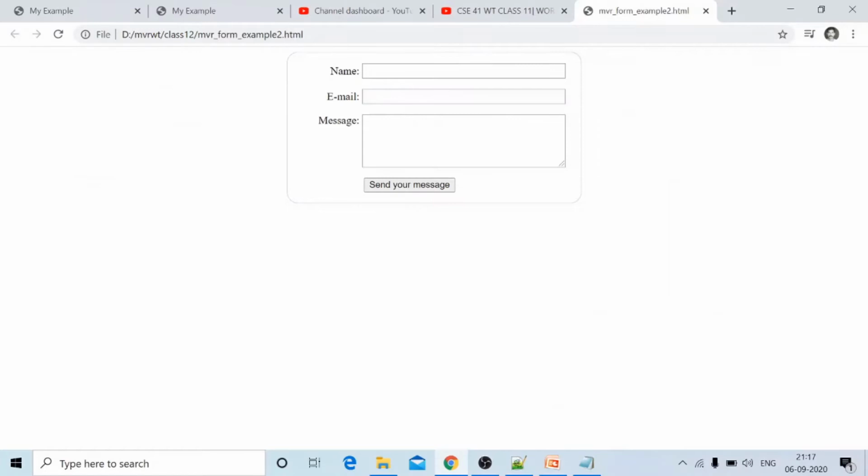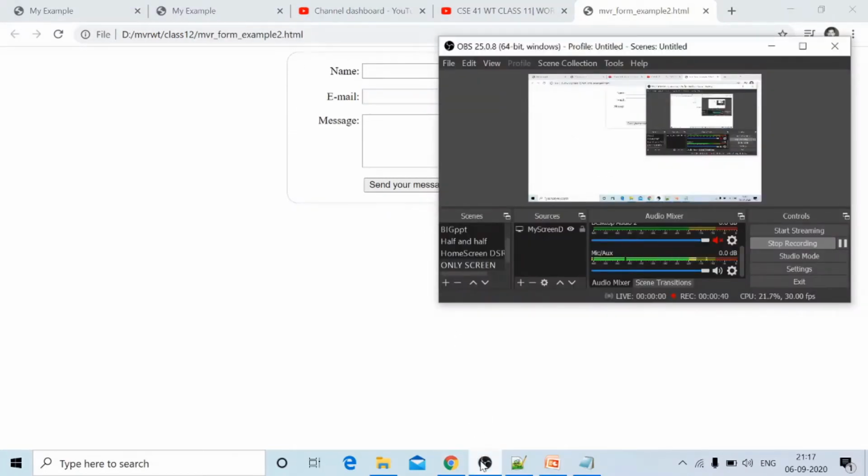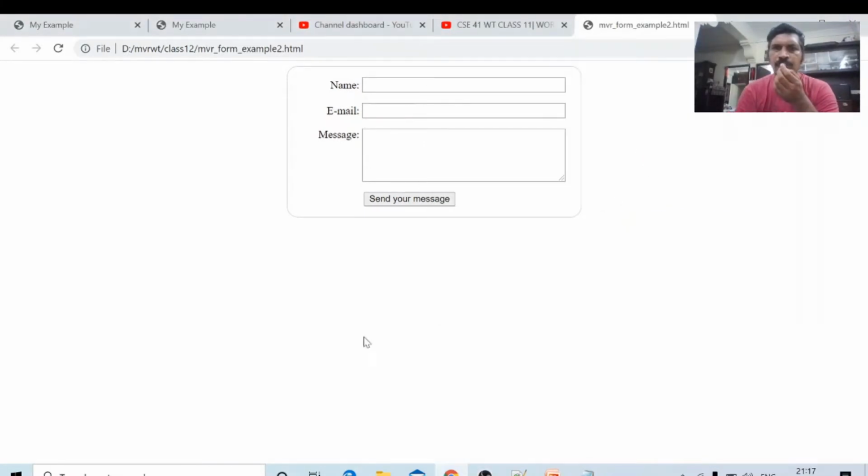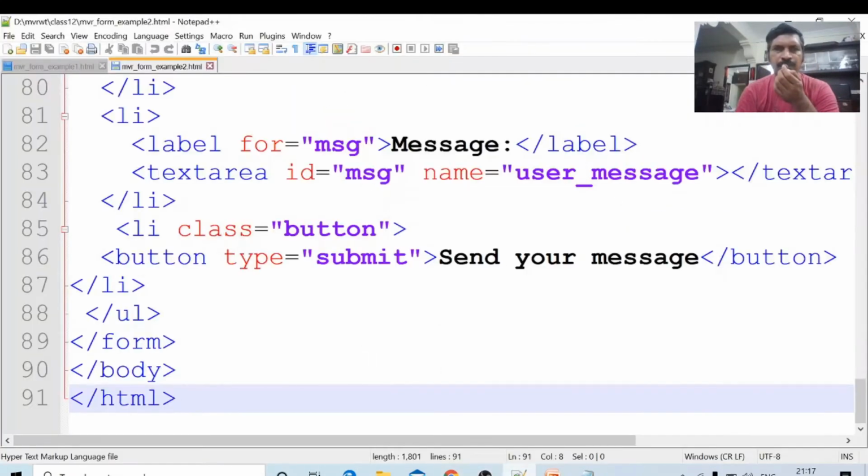The form is like this. In order to get a form like this, we will use style sheets. We have to use the concept of style sheets. The next topic is about style sheets.